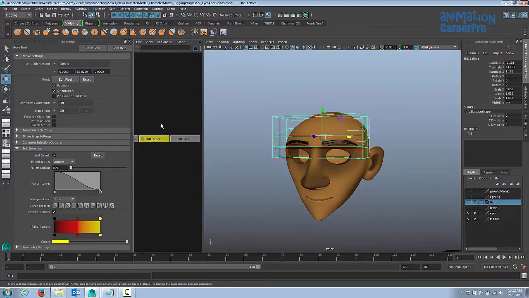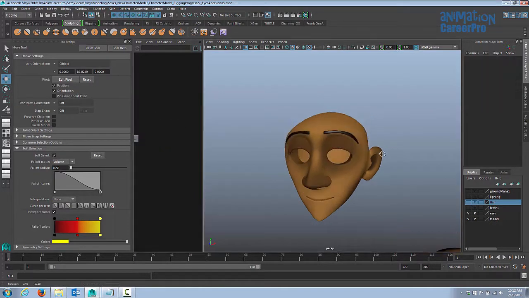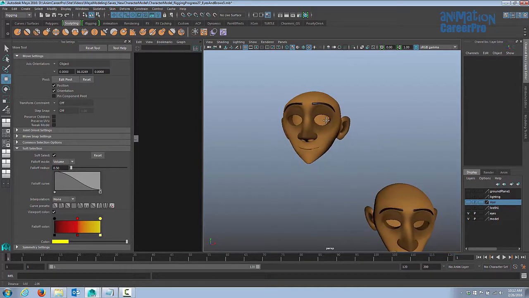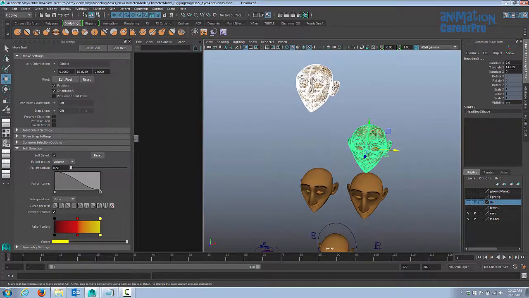You can see in the hypergraph that when you create the lattice, it creates 2 nodes. It gives you a lattice node and then a lattice base node. So we really are just going to delete both of those. So I'm going to start over here. I just wanted to demonstrate that for you. And so these are our down brows, and these will be our up brows.